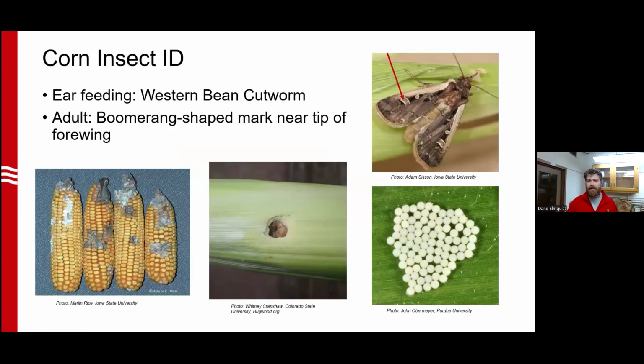All right, so the last corn insect I'm going to highlight here, which is a problem again during the reproductive stage, is an ear feeder. This is the Western bean cutworm. Adult moths do not damage corn, but the larvae will feed on tassels, silks, and corn ears, ultimately causing reduced grain quality and yield. This is usually actually due to the secondary pathogens and mold that take advantage of this